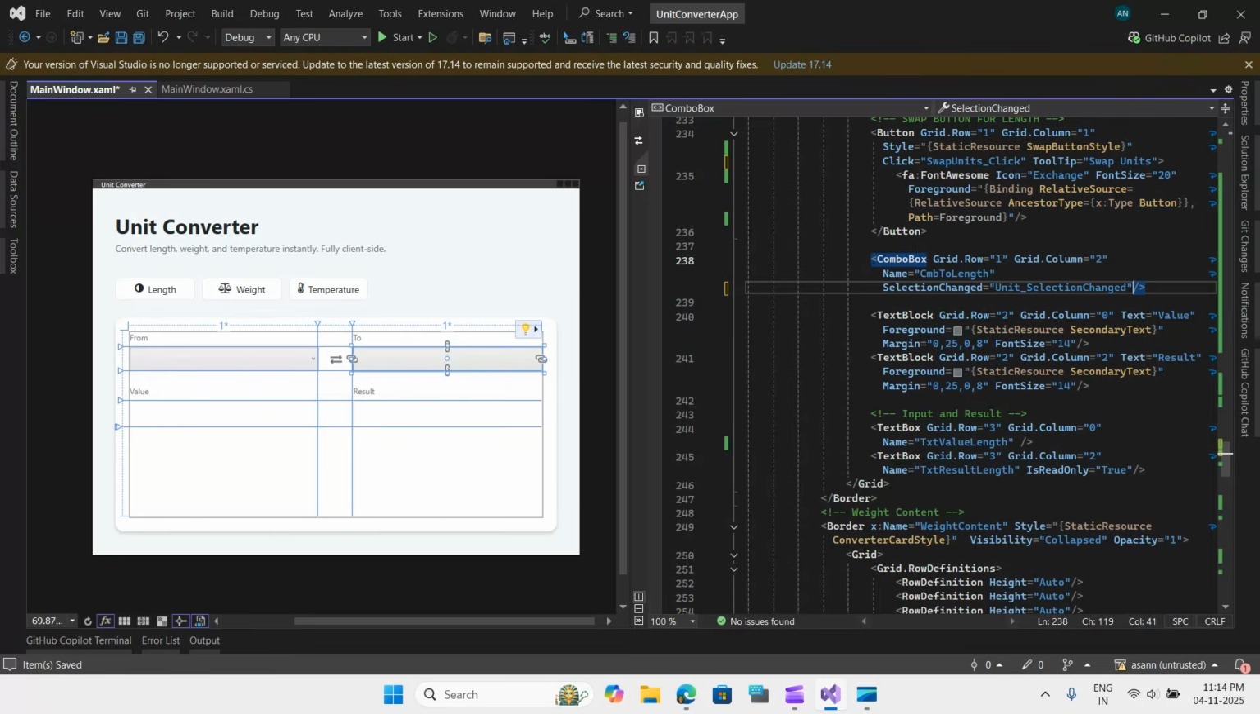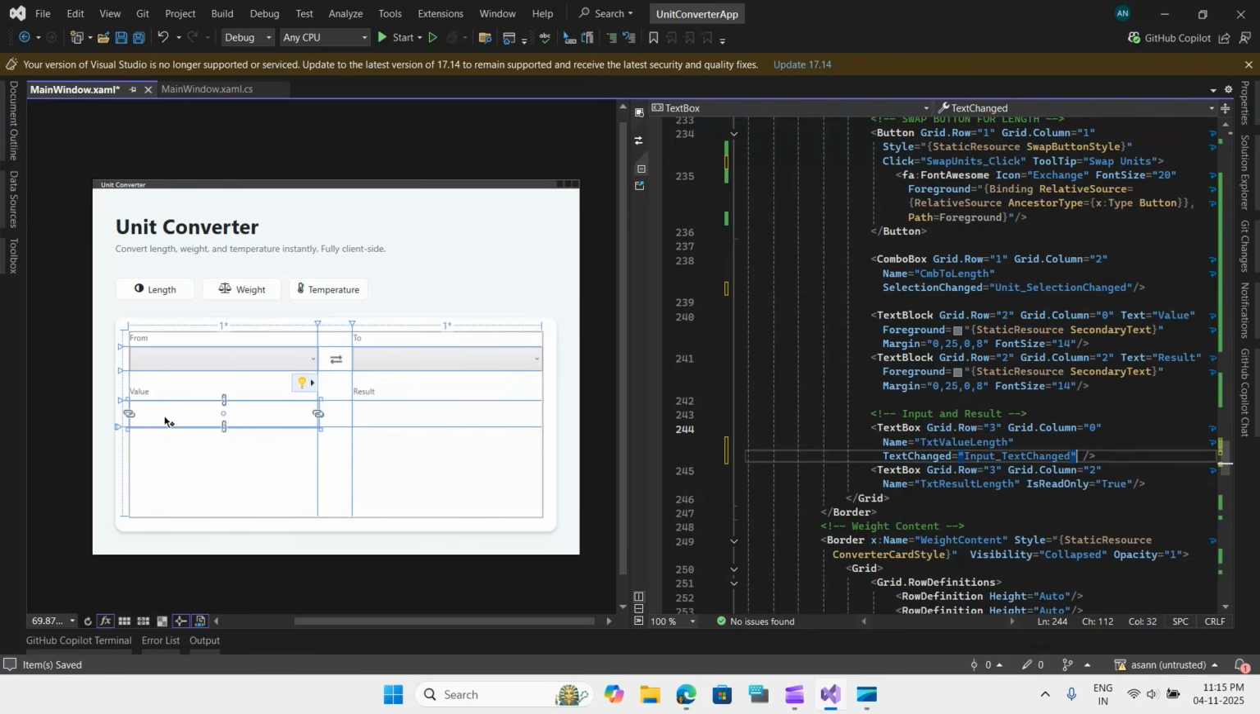So the first value text box has this input text box change event handler, which has to be triggered on the value changed. So once you change the value, the result has to be changed by calling the perform conversion. So I am going to add this text change over here, and basically I have to repeat all of this